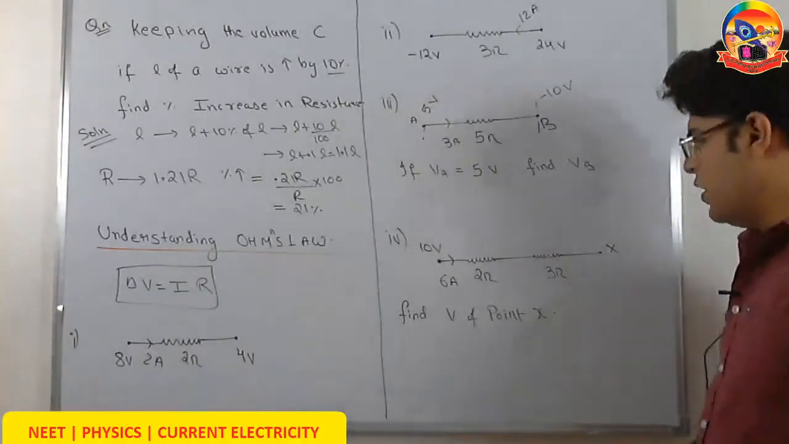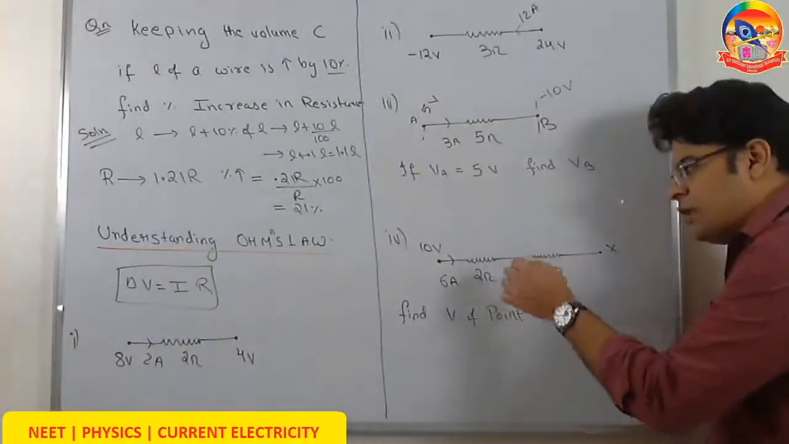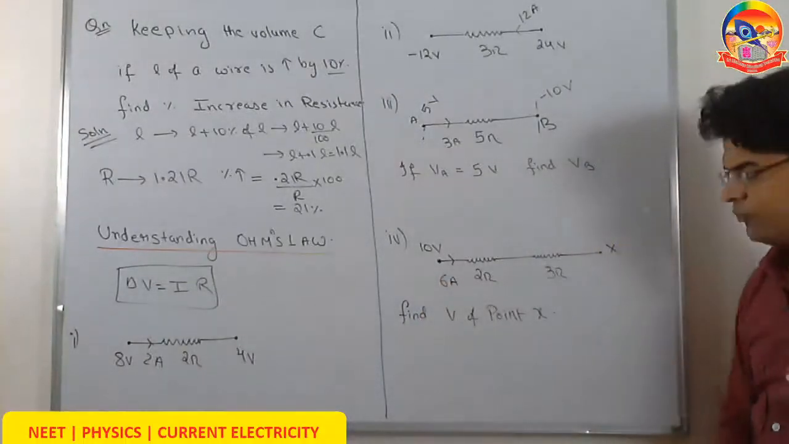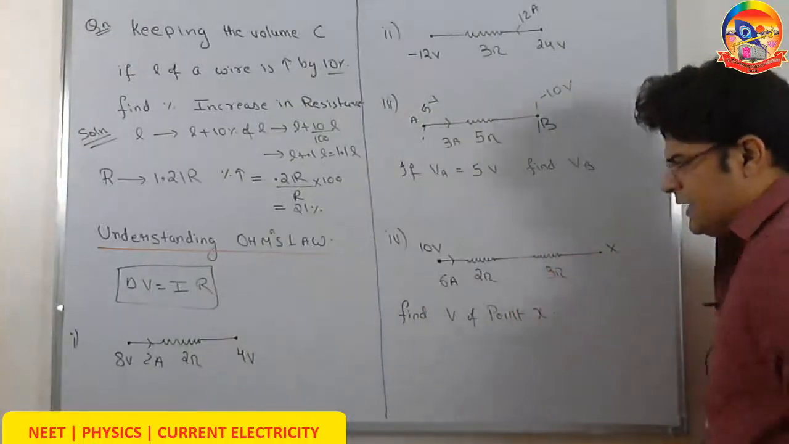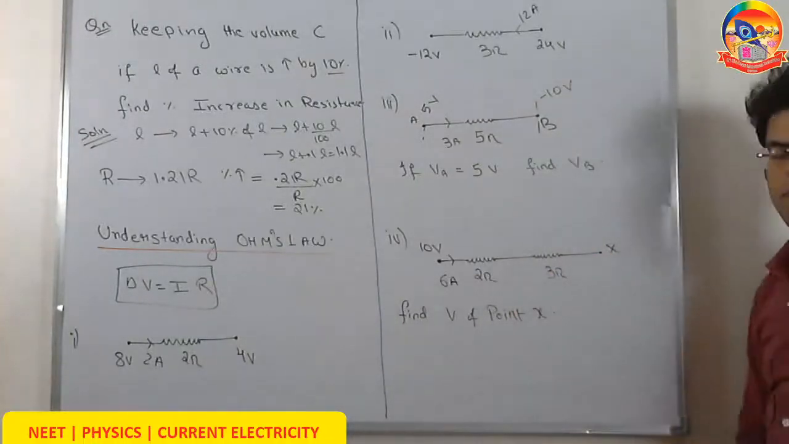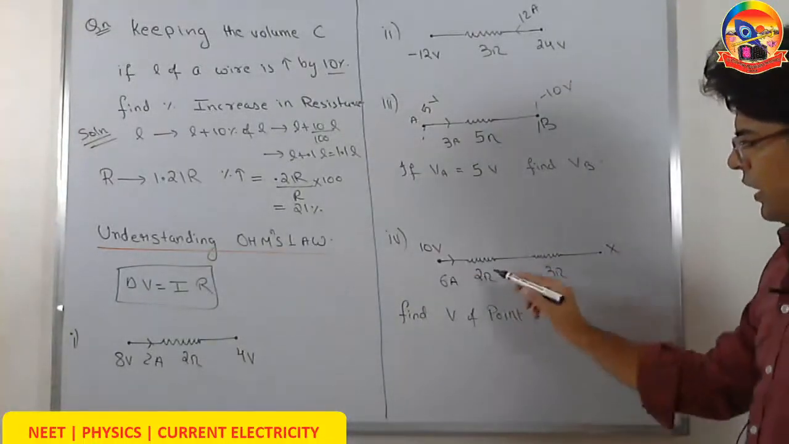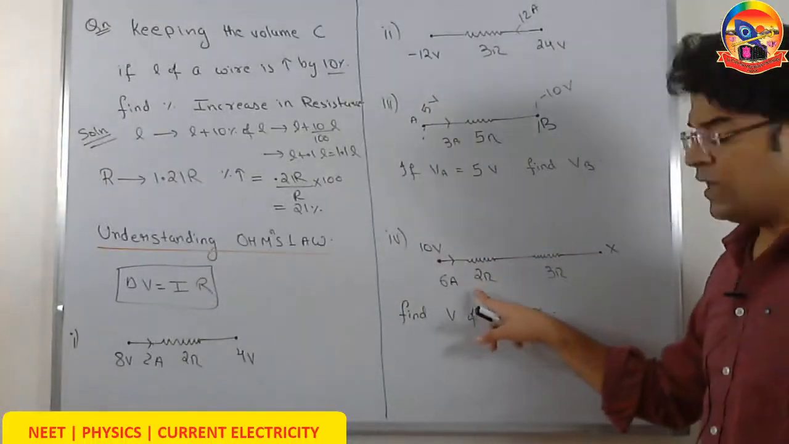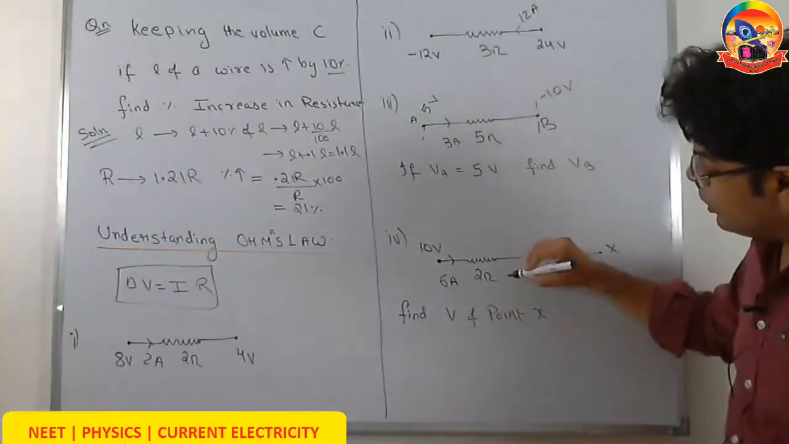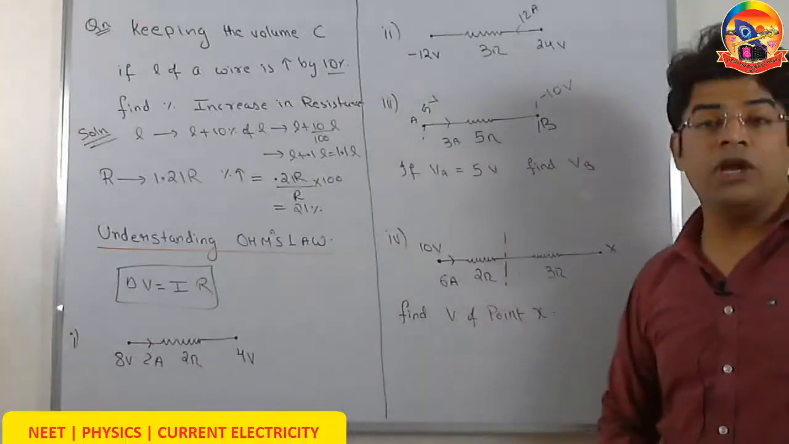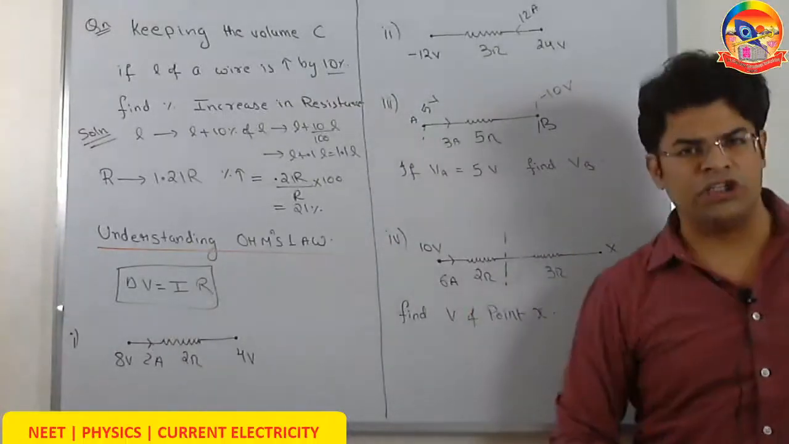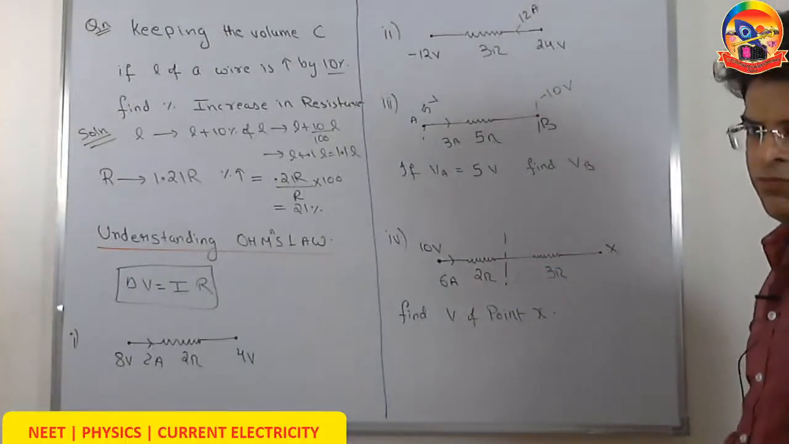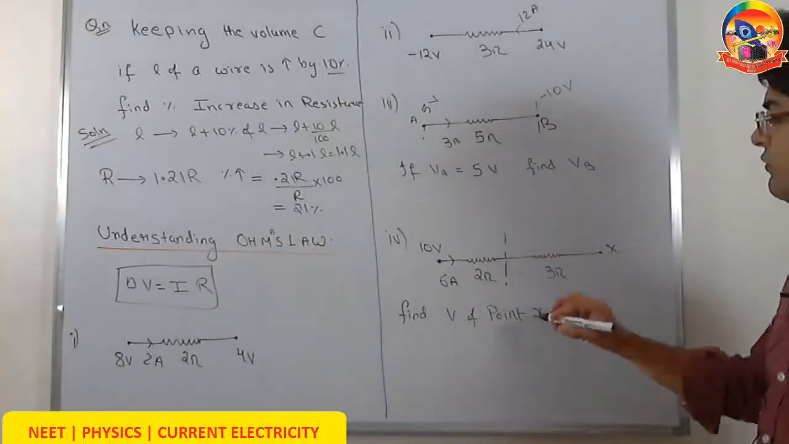Next question. Now here we can see we have two resistances of 2 ohm and 3 ohm, and a current of 6 ampere flows in this line. The potential of the left hand side is 10 volt. They are asking what is the potential of point X. If you look at the first resistor, resistance is 2 ohm, current is 6 ampere. So the potential drop across the first resistor has to be 12 volt. On the left hand side potential is 10. So on the right hand side potential has to be 10 minus 12,